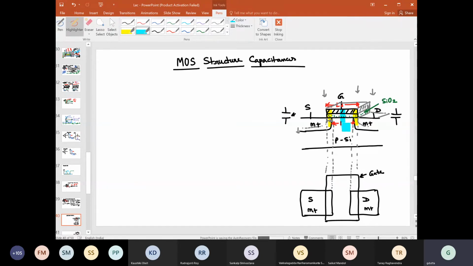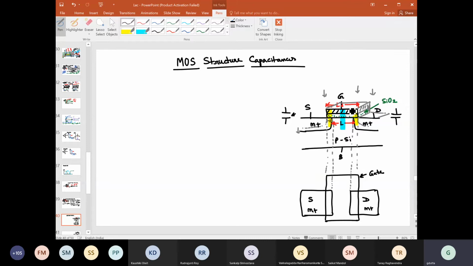Okay, now consider this highlighted region in cyan. Now tell me, if I change the gate voltage, the capacitance, this is also a capacitor, right? If you now consider one contact here and this body, then this is also a capacitance, right? This is the gate, separated from another semiconductor by an oxide. So this is also a capacitance. So will this capacitance change with gate voltage?